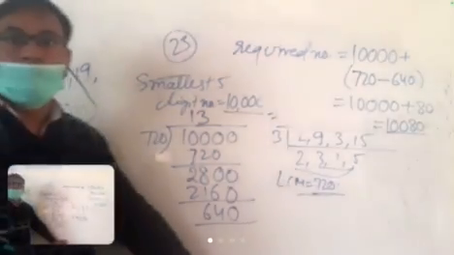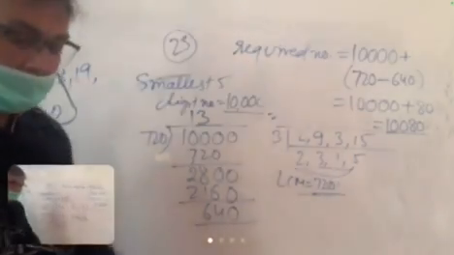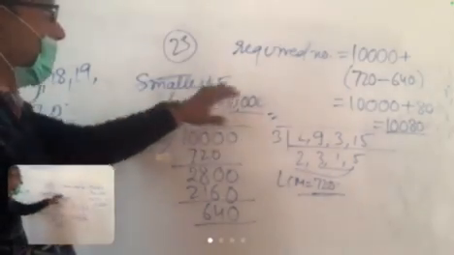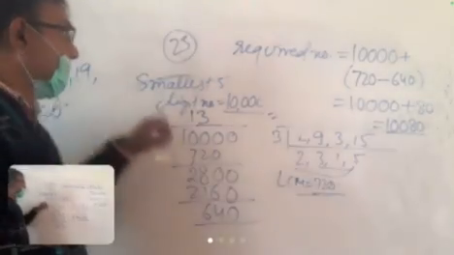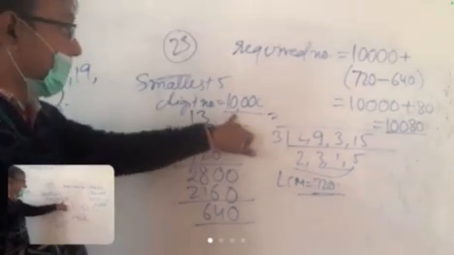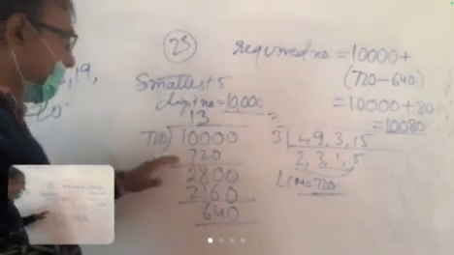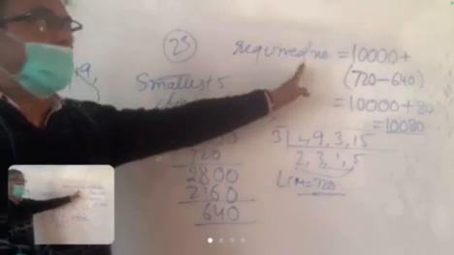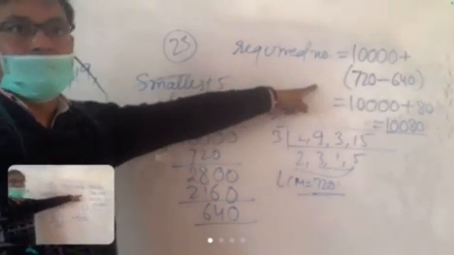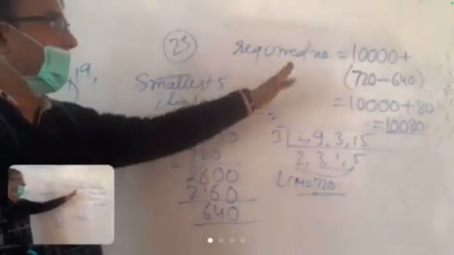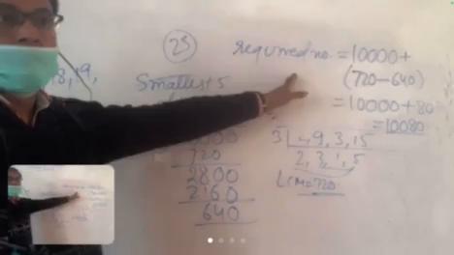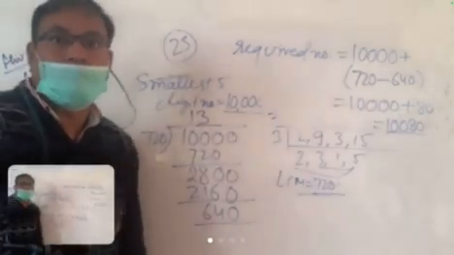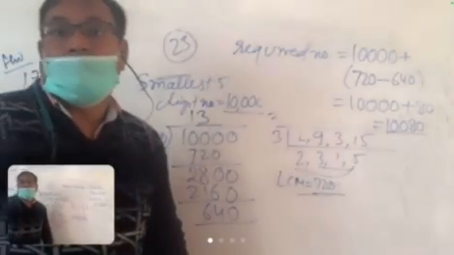Now this is clear? And if in the next question it asks for the greatest 4-digit or 5-digit number, then in place of this you can take it, try to divide, and then use the subtraction method. If you add, it will become the largest number, or if you subtract, then it will be the smallest. Okay? Clear everyone?